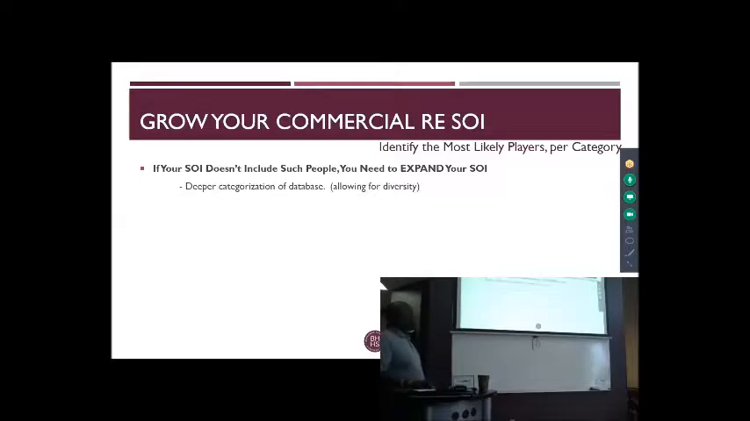Deeper categorization of your database, so allowing for diversity. So this is, as I've hopefully showed you and demonstrated to you, illustrated to you, that commercial is such a diversified, niche-y, nuanced thing. There's lots of different elements, aspects,